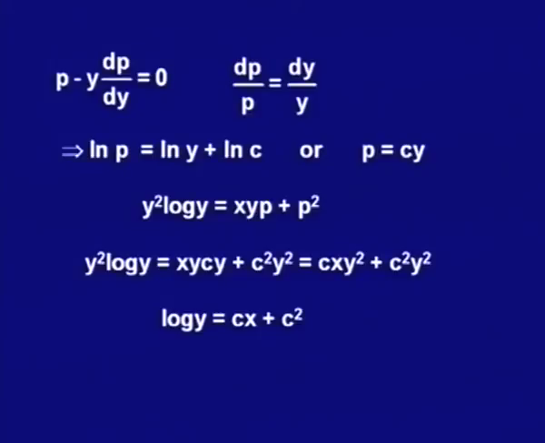If I take the anti-logarithmic, we can get the solution as y is equal to e to the power c x plus c square, or we could say that is c times e to the power c x kind of solution, and this is what is the general solution of our differential equation. Of course, if I would have taken the other factor also, that would give me a singular solution, but we are not interested in the singular solutions anymore, we are interested only in the general solution at this stage.